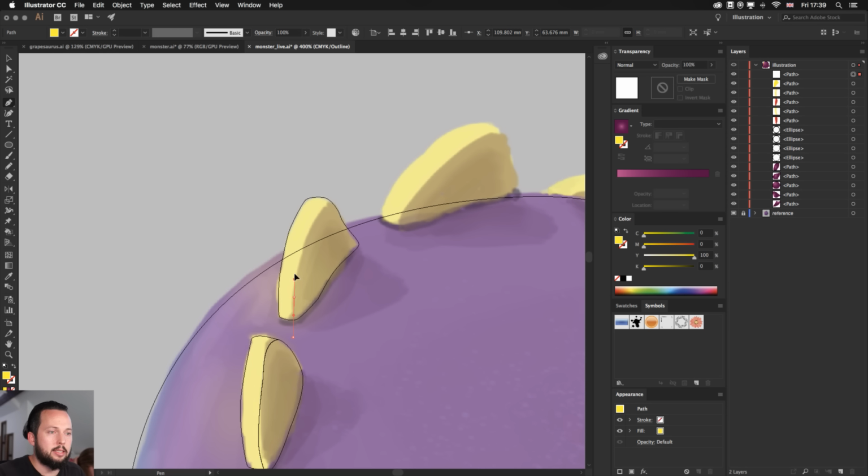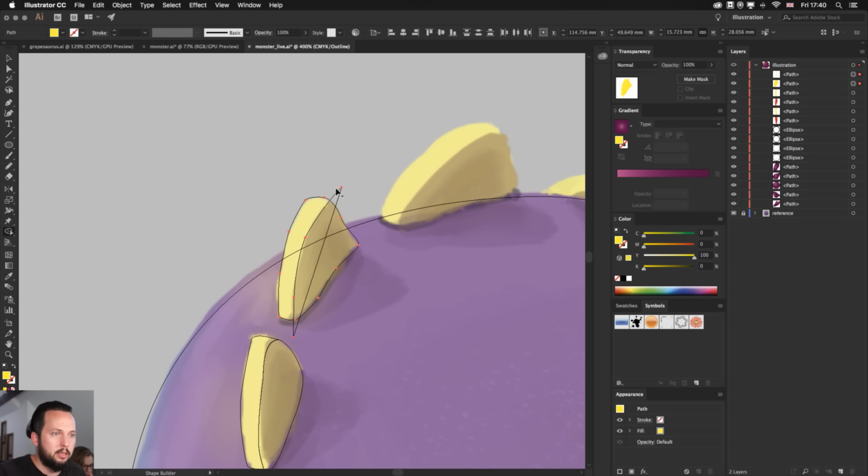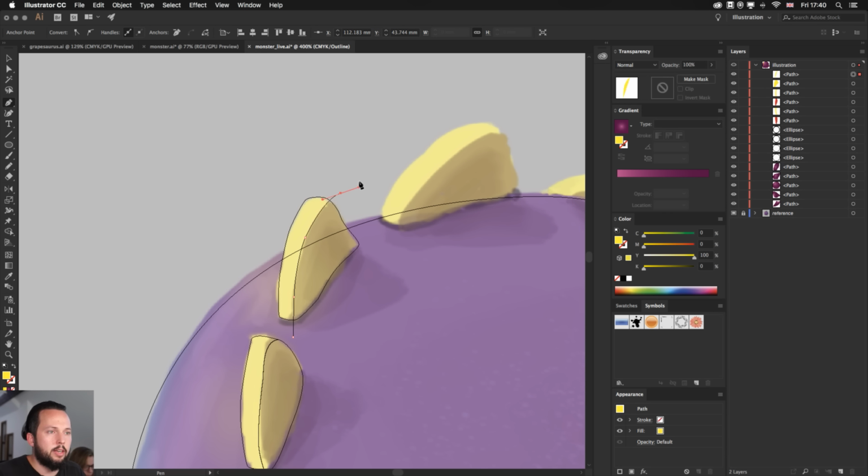So let's just carry on and draw this detail here. Okay, so once again, select both, use the Shape Builder, delete what we don't need. This actually ended up being a full closed shape. I didn't want to close it up, so that's what happens if I don't pay attention.